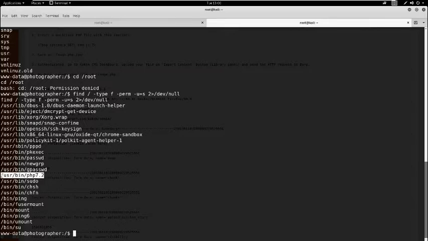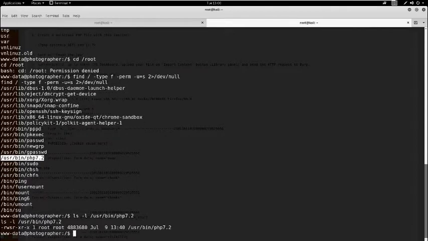PHP 7.2. Generally, PHP does not have SetUID permission, and SetUID permission means the user can run this PHP on behalf of the root user. Here you can see this root file.